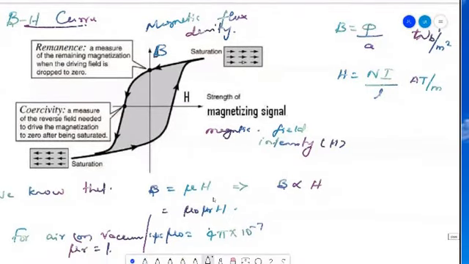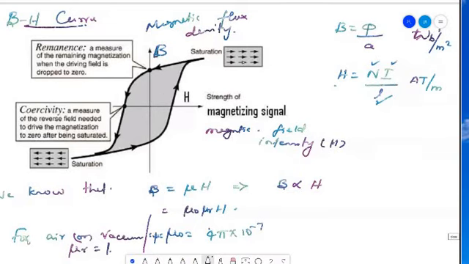based on which this curve will also change. Practically, whenever a material is supplied, the manufacturer also supplies the BH curve of the material, so that when you know N, I and L, you are able to find H. When you know H, you are able to find B from the given curve. So this curve is mostly supplied by the manufacturer. Now we need to study how we can actually draw this curve.